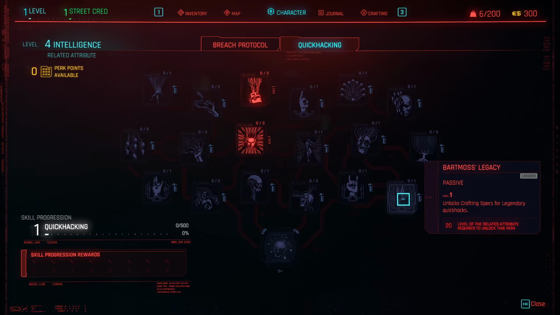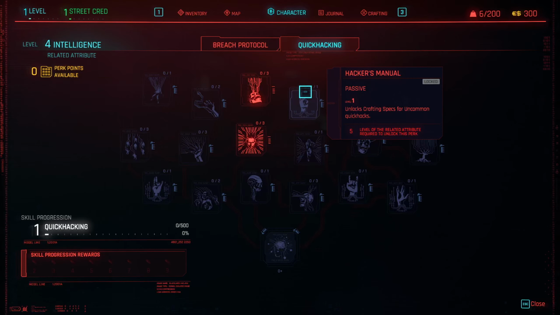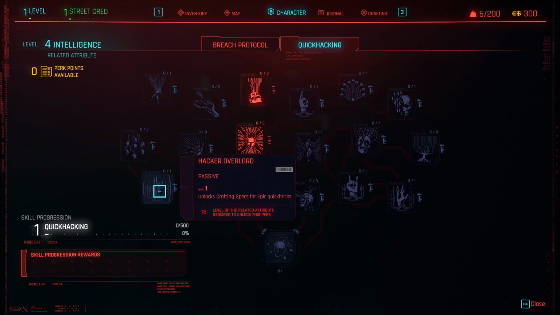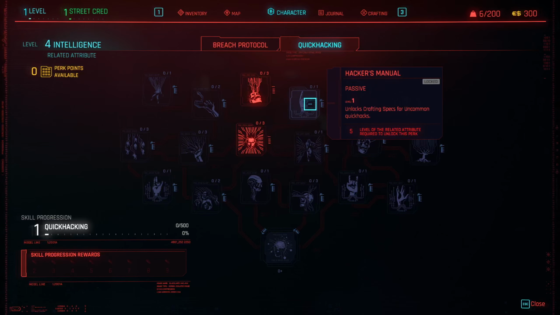Unlocks crafting specs for legendary quick hacks. Nice. And all of it, look at this. All of the crafting stuff is at completely different locations. You have your common, uncommon stuff, and then there might be some rare crafting materials in here. Okay, so it's all about the hand